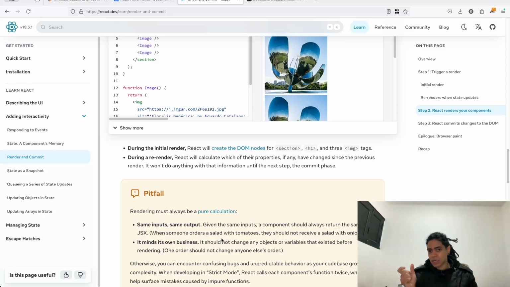Once it computes that component, if the output contains more React components, it will call them in a recursive way until there are no more components. And then in the commit phase, as we now recreate this,